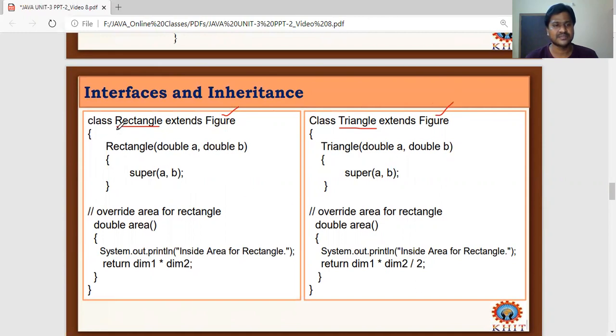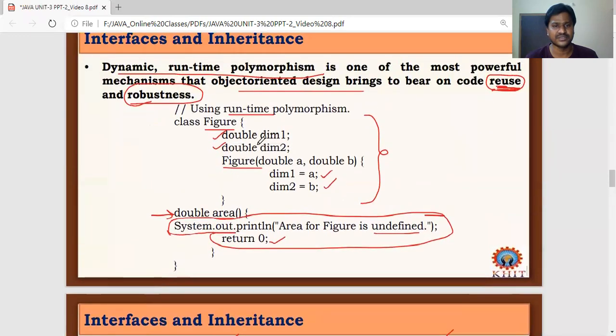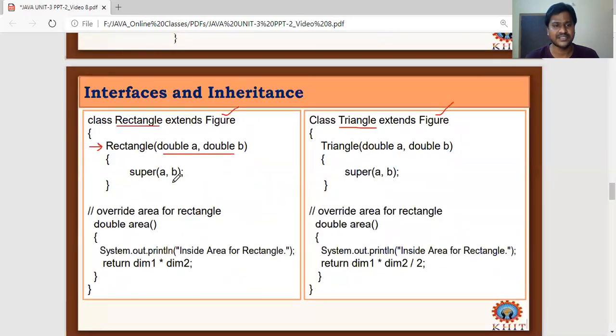Here the Rectangle class has one constructor, and this constructor takes two arguments for initializing the dimensions of the figure, dimension 1 and dimension 2. The superclass Figure already contains the process of how to initialize these dimensions through its constructor, so there is no need to define those instructions inside the subclass.